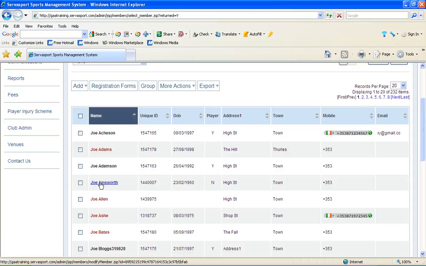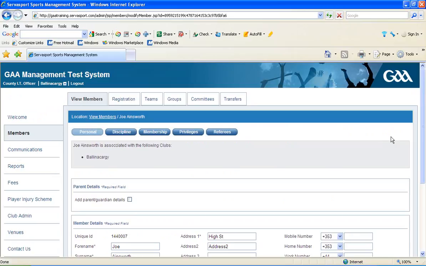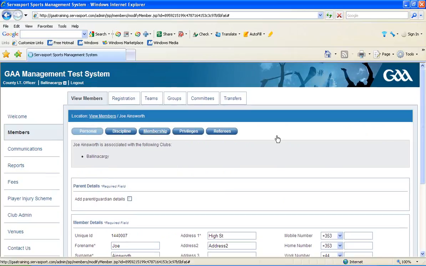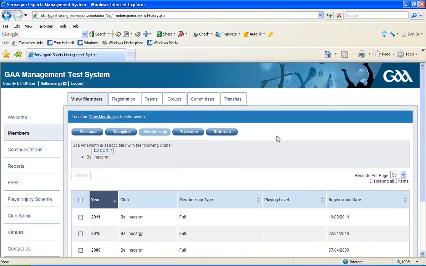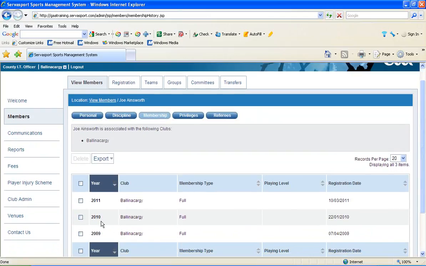So you go back into his profile, back to membership, and what we can do is we can tick him here and then delete him. But before I do that, you see an extra panel has appeared here. Initially there was just personal, discipline, membership, privileges and referees. Now we see a referees tab. So we'll just look at the referees tab,